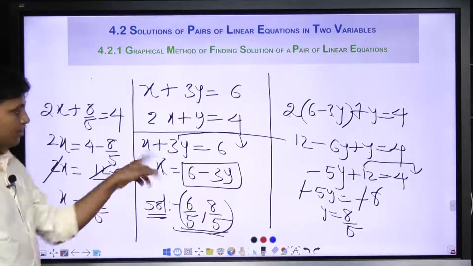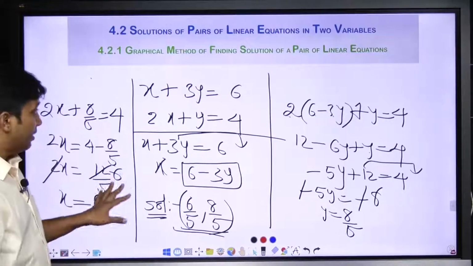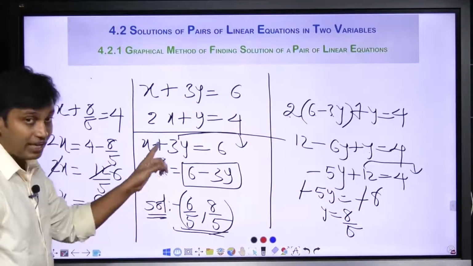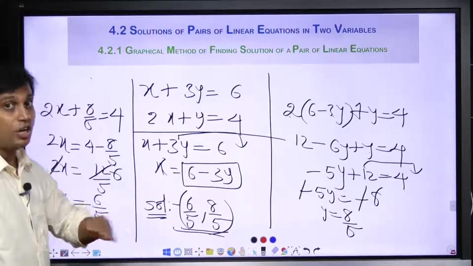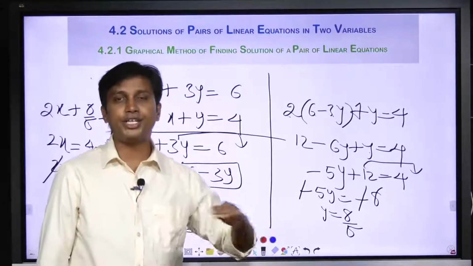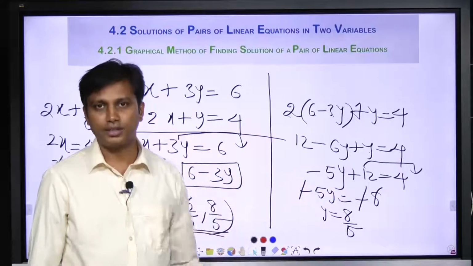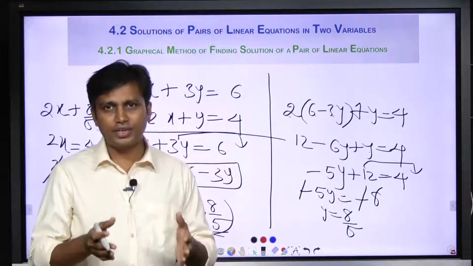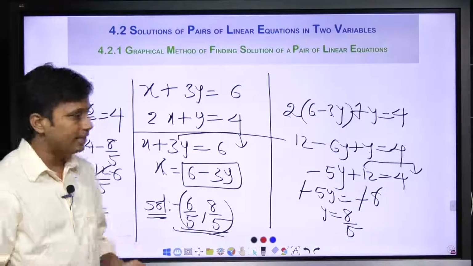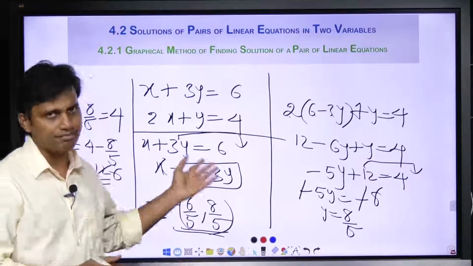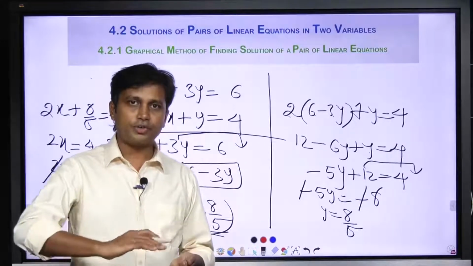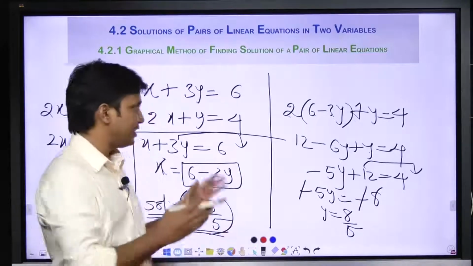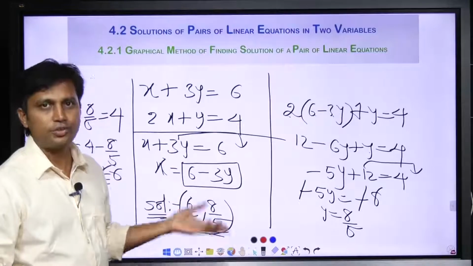So in this entire process, what did you observe? Here we substituted one variable. We substitute the value of one variable in terms of another in order to convert the entire equation into an equation of one variable. Then we solved it. Anyhow, guys, since this is the beginning of your equations part, we are telling you that these are two different methods. Otherwise, these two are the same. As you go to higher classes, these two methods are the same only. In the initial stages, we will teach you like this using two different methods.